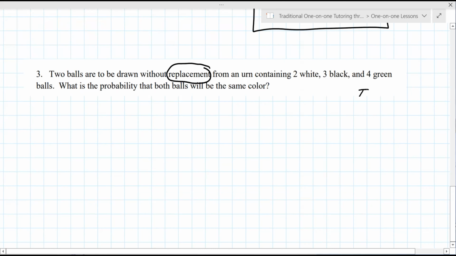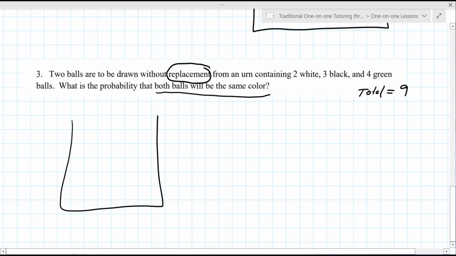It's good to get a total. You always want a total, so that's 9. What is the probability that both balls will be the same color? So it's a both again, but it's slightly different than the previous problem because you can actually sort of visualize what's happening here. You've got 2 white, 3 black, and 4 green. And what we first want is the probability that you get